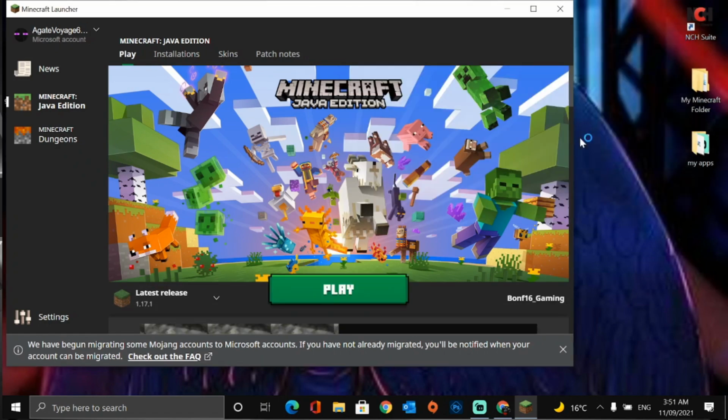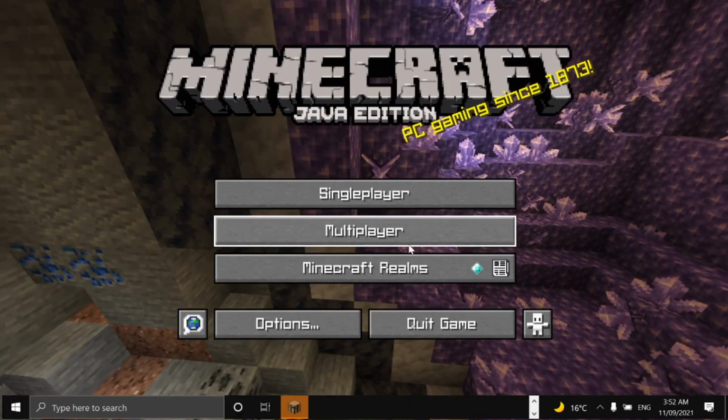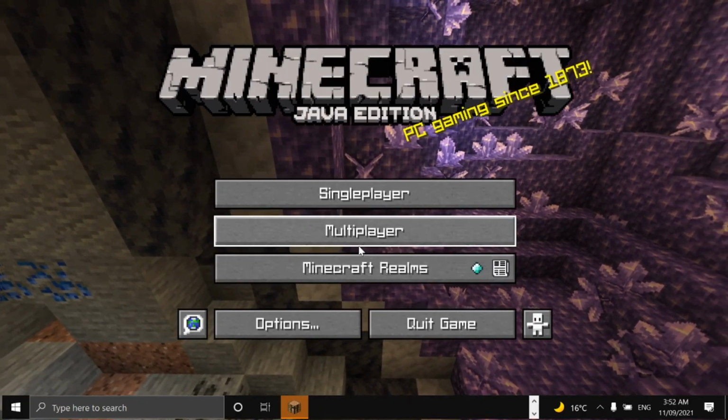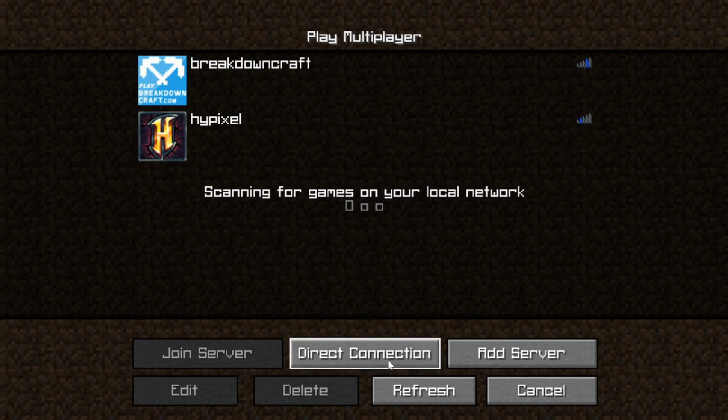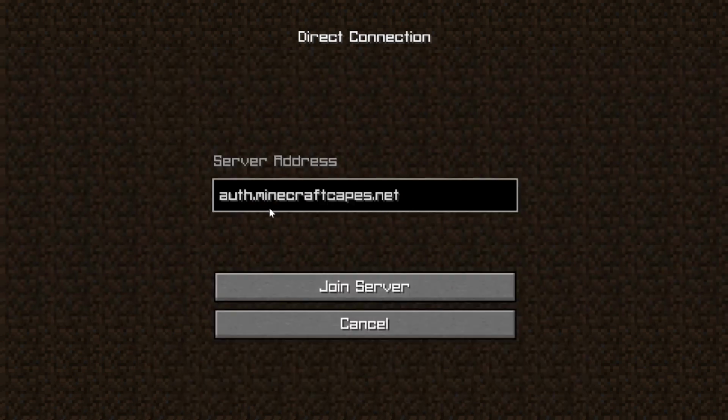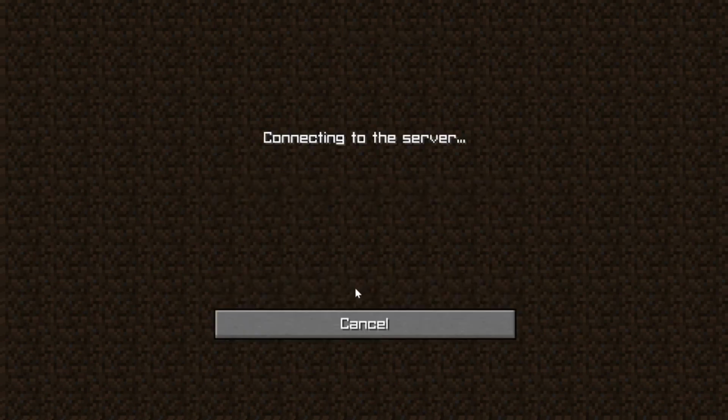I'm not going to need that. Basically you want to let it load. So I'll be back once Minecraft is loaded. So now that we are back and we're in Minecraft, you click on multiplayer and you want to go to direct connection, and what you do is you paste it in right here. Now you click join server, let it load,